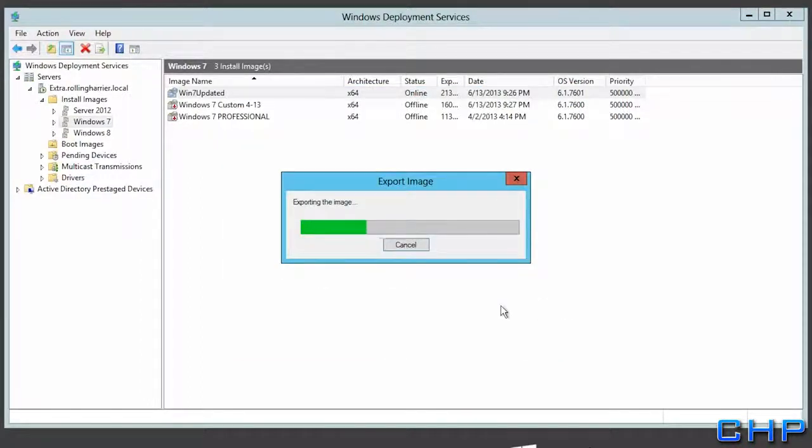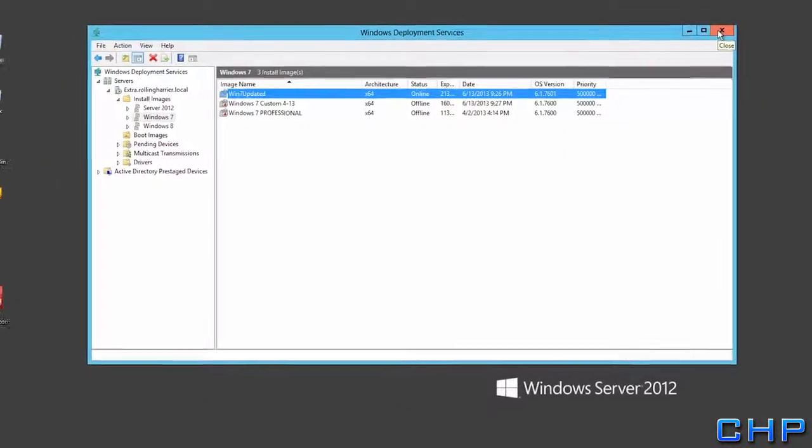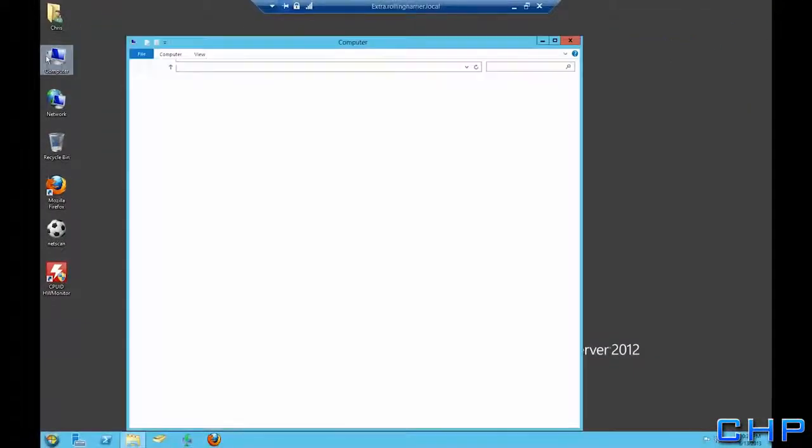As you can see now, it's exporting the image. Now this can take quite a bit of time, so for the sake of this video, I've sped the process up quite a bit. Okay, so the next thing I'm going to do is go ahead and open up the C